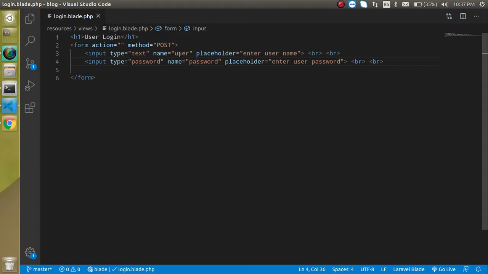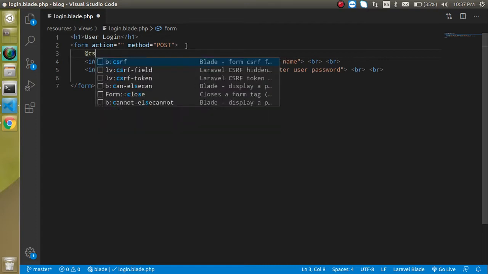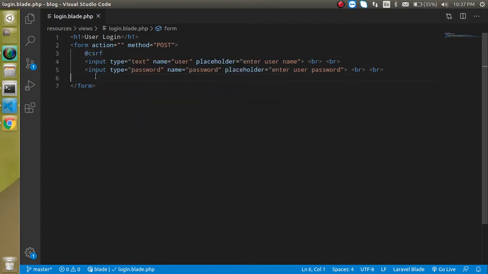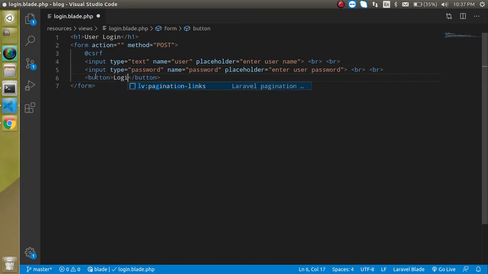One more thing, when we are using the post request and we want to submit the data, at that time we need to use the csrf token so that it can authenticate that the user is sending the data from the current site. So just use @csrf, and at the last make a button, put here login, and write here type submit,